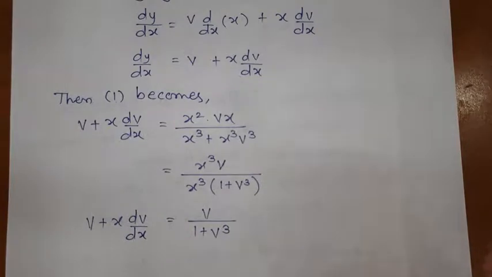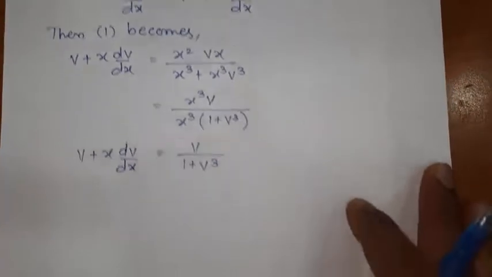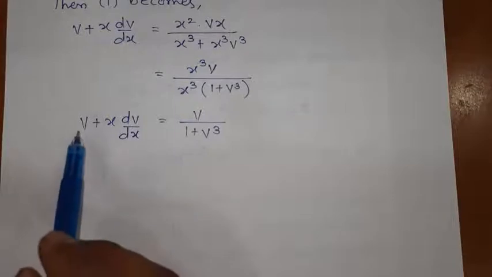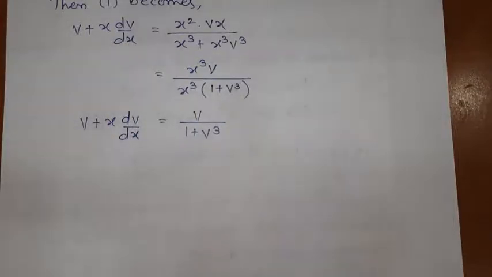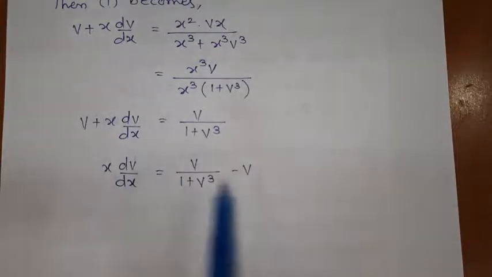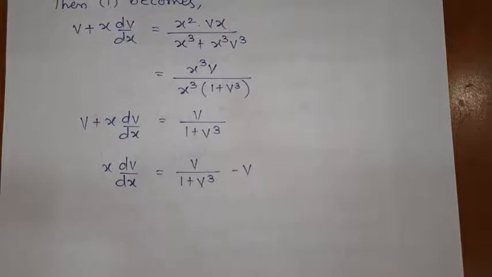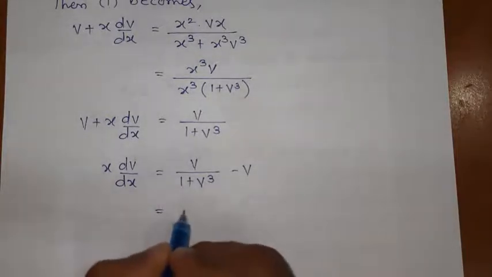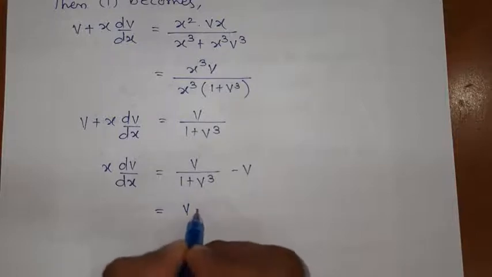Now our task is to convert this problem into variable separable type, and we have to solve this one. You are already experts in variable separable types. In the previous 2 lectures we have seen problems on that. Can you tell me what we have to do? Variable separable. First of all, what will I do? I will shift v on this side. So there it had a plus sign. If you shift it here, it will have a minus sign. After that what will I do? I will simplify this one. I will cross multiply. So let us see what you will get after cross multiplying? v, 1 into v, minus v.